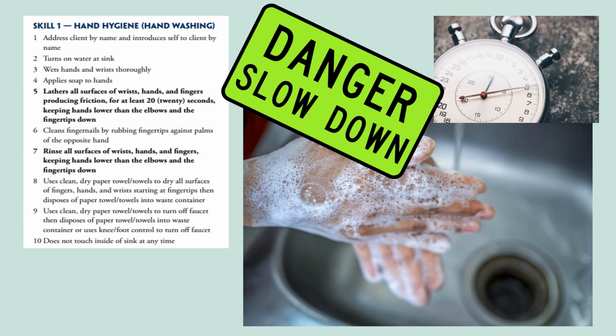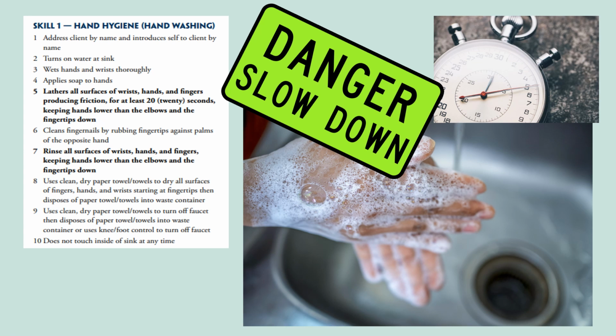So should the candidate. Before the skill begins, the evaluator will ask the candidate to remove watches and/or bracelets for the duration of the hand hygiene skill. If they cannot be removed, the evaluator will not penalize the candidate that washes up to, over, or around jewelry. But wearing a lot of jewelry on the wrist may make this skill challenging for the candidate.